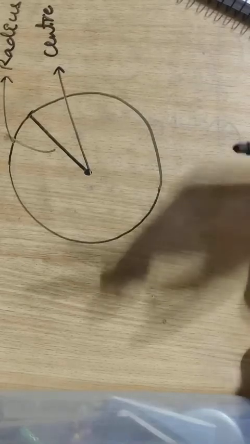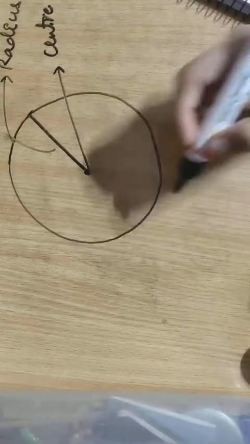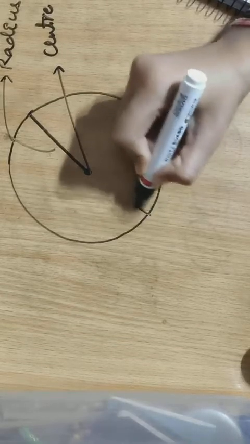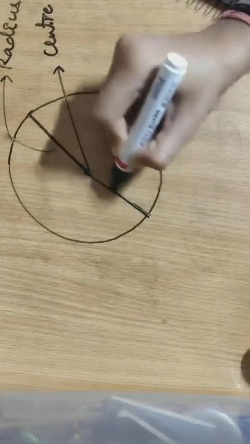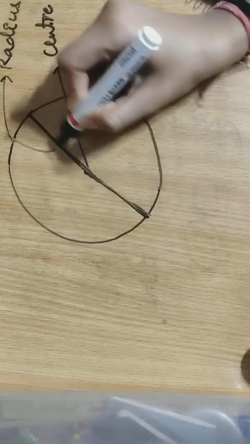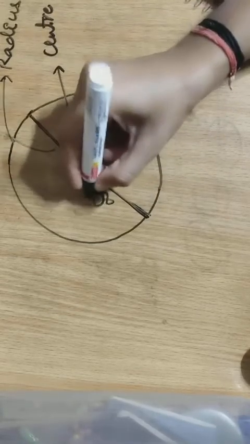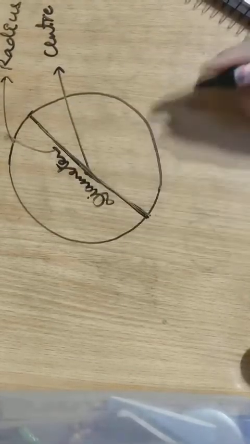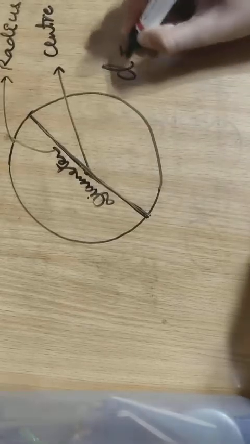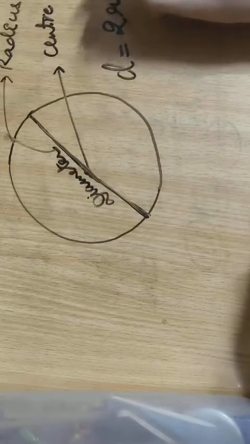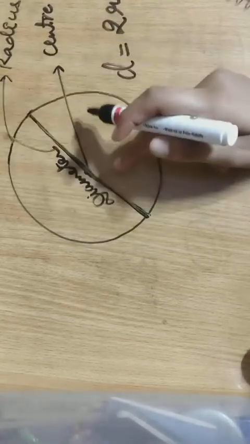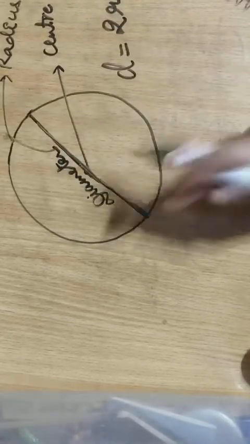When we see a line which joins the boundary of the circle and passes through the center of the circle, it is known as the diameter of the circle. Okay, so according to the figure, we can see that diameter is twice the radius. So we have studied the radius of the circle, diameter of the circle.